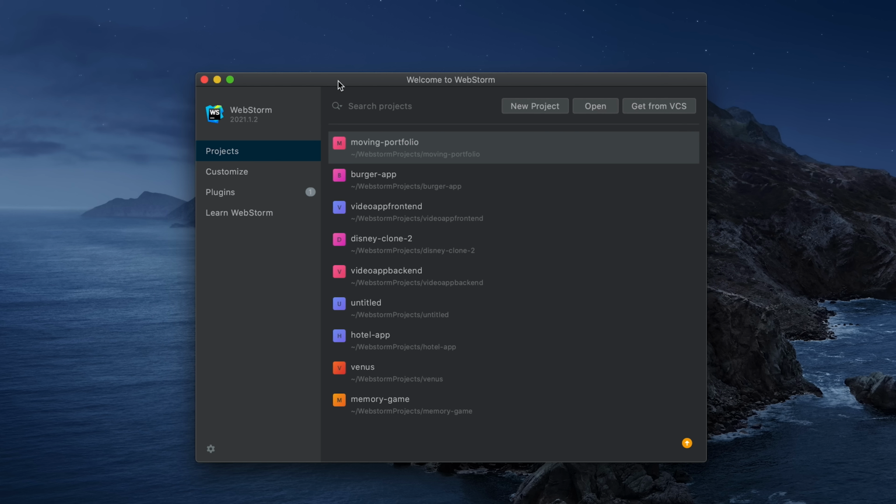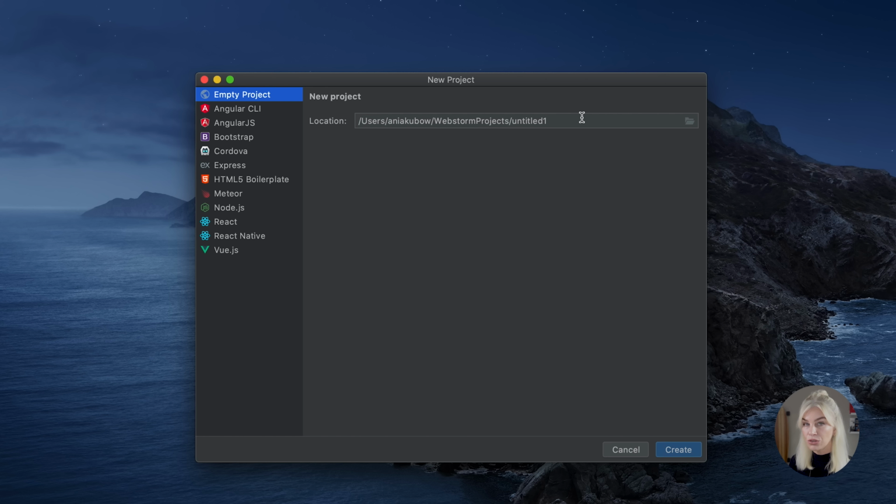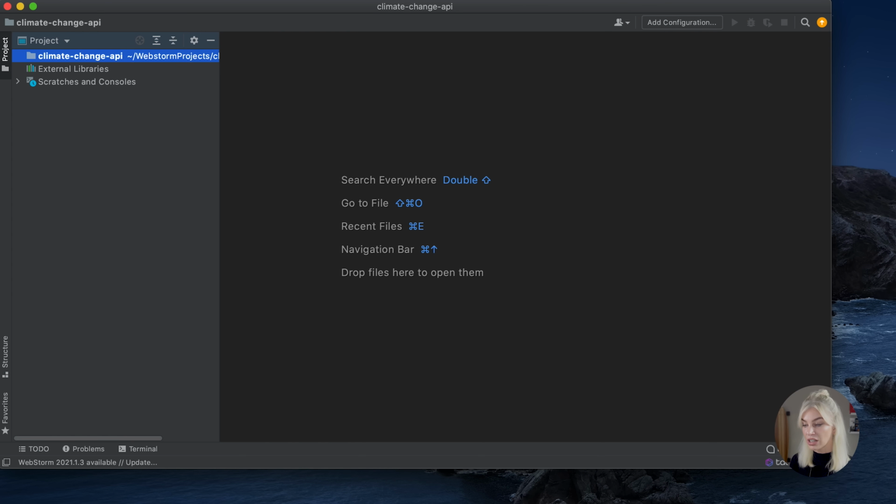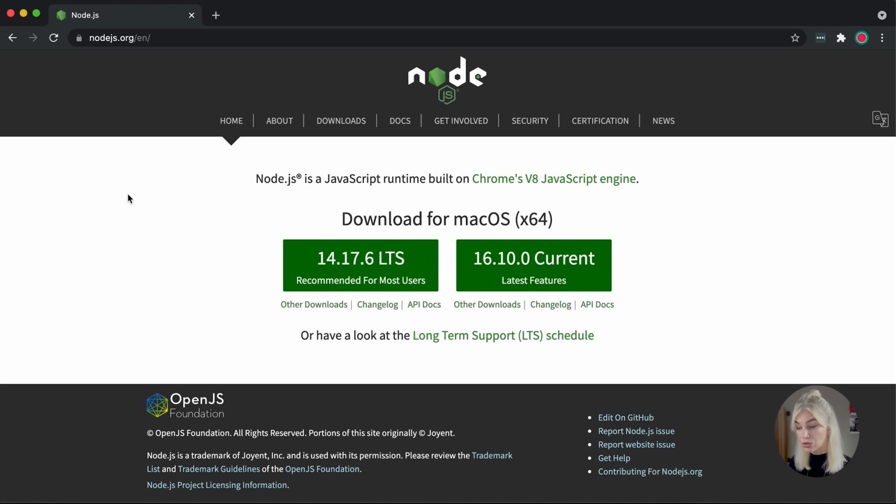So here we are. I'm just going to start off by creating a blank project using WebStorm. Please feel free to use whatever code editor you wish and just create an empty directory. So just like this, so we can start completely from scratch. Okay? Before we get going, I also just want to make sure that everyone watching has Node.js installed on their